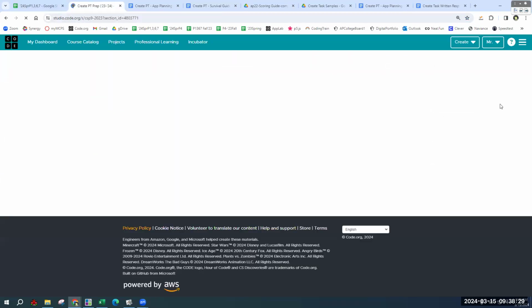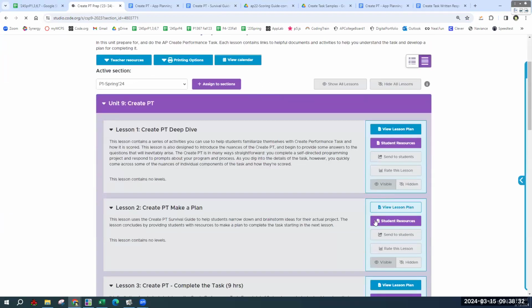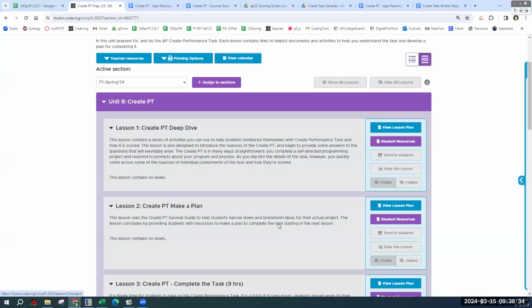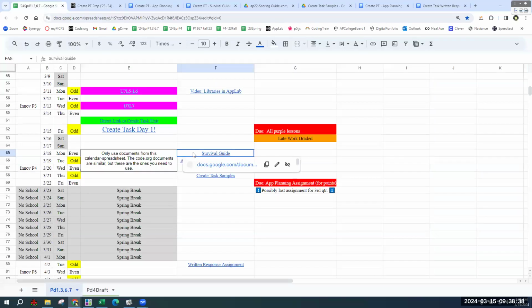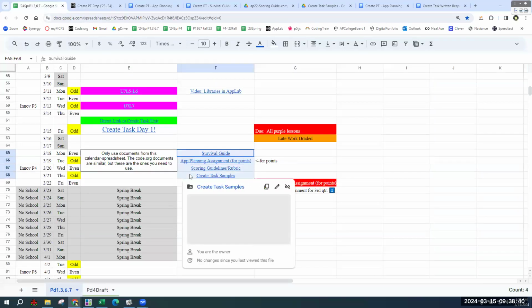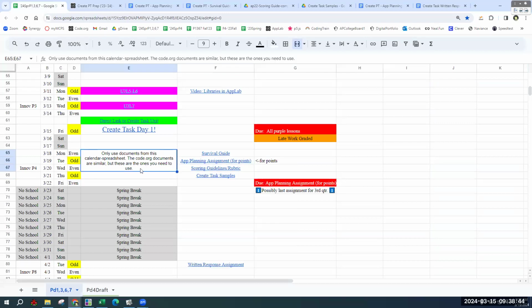There are documents available in the various student resources links, which sometimes some people go to, that look very similar to survival guide and planning assignment and everything like that. Do not use those documents. Only use the ones from this calendar spreadsheet. They have been split into different documents to make sure that you are focusing on the assignment and the important parts, and they've been adapted